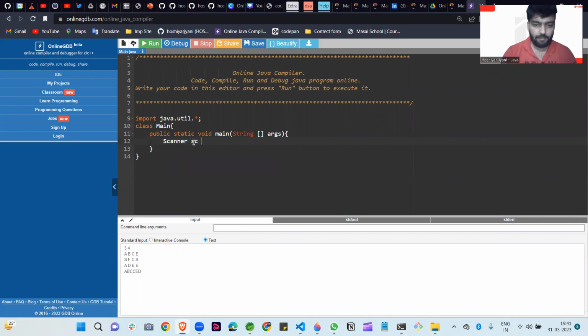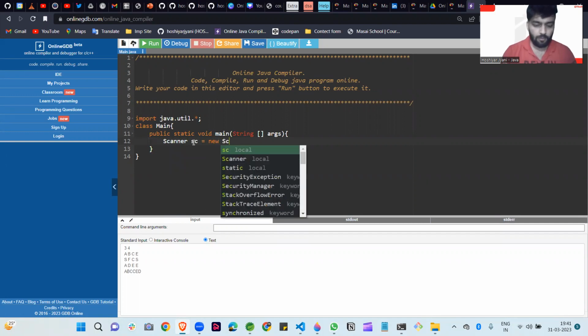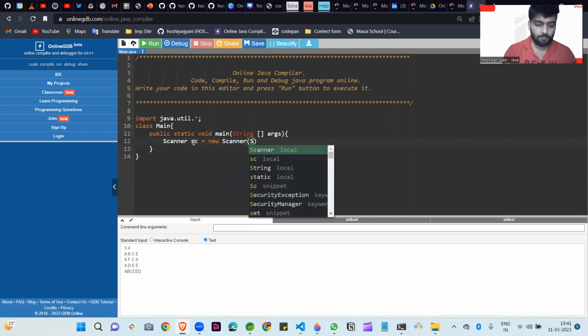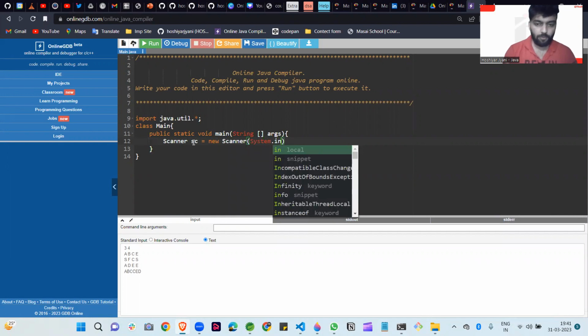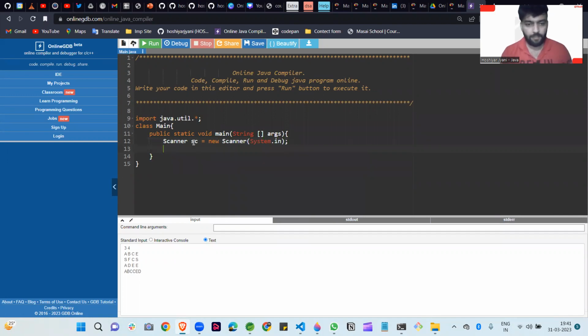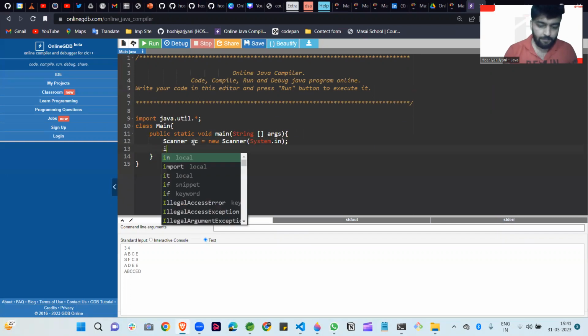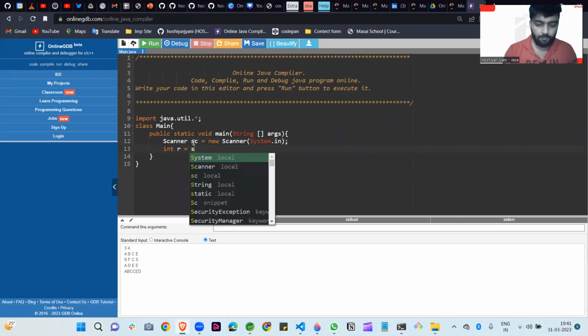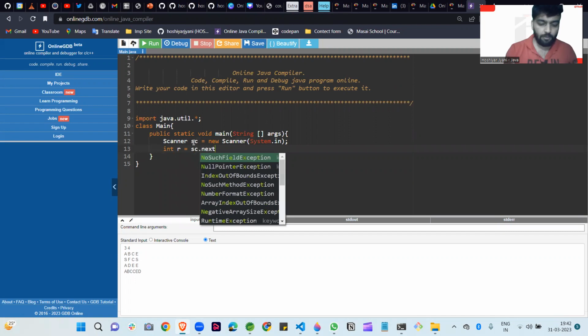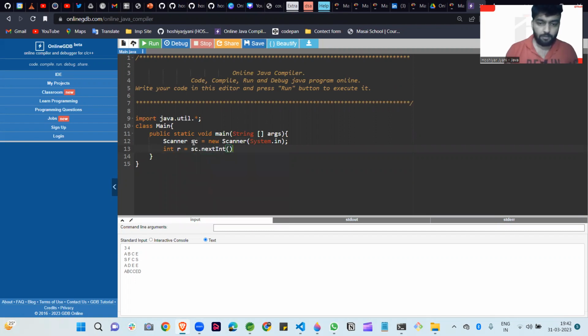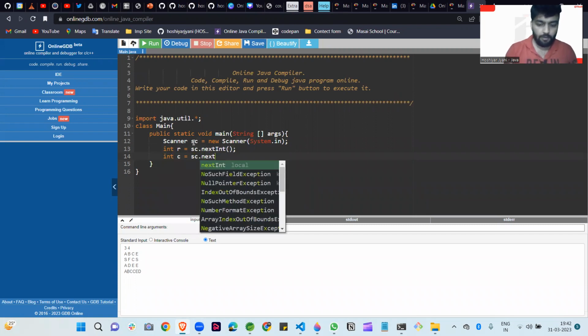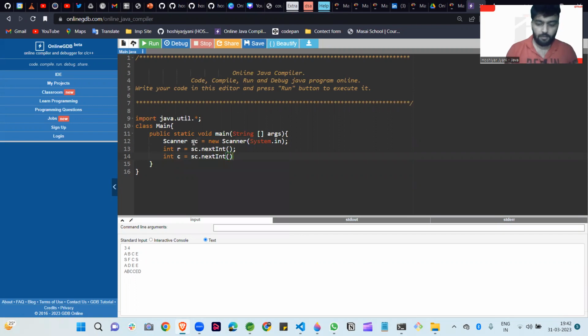Scanner sc is equal to new Scanner(System.in). So the scanner class object is created. The second step is we are storing our row value in R, sc.nextInt. So this is row and this is column, sc.nextInt. So column is stored in C, and the row is stored in R.